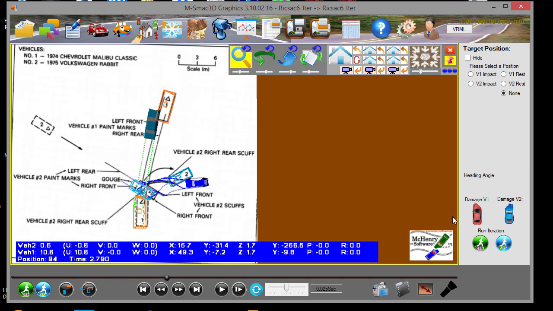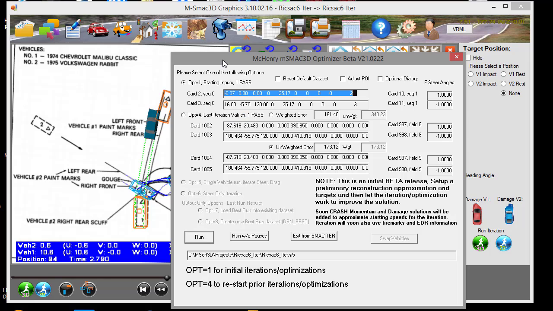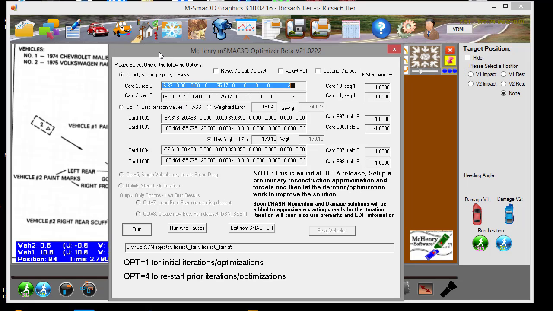We're going to run this in 2D just to make it quicker. It takes about 10 to 20 seconds per iteration, 40 iterations for 2D, about 90 seconds, and I just want to get this over with quickly. But you can do it in 3D or 2D. In 3D, you have two options. The only thing you really need to look at is option 1 or option 4. Option 4 is to load the last best, but since we're starting from scratch here,